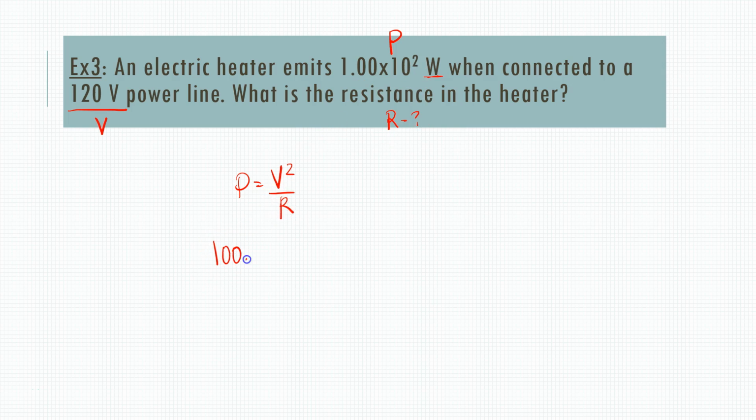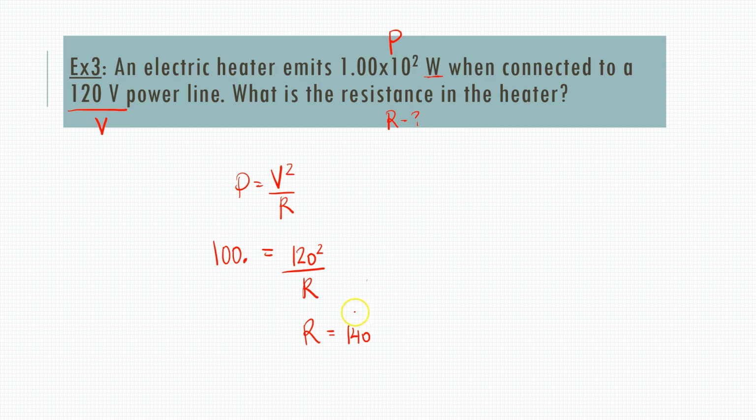This is 100. I'm just going to move my decimal to the end. That looks easier to write. 1.00 times 10 to the second is 100. It's done this way to show significance. So we have 100 is equal to 120 squared over R. Now, we're going to solve for R. And what you're going to get for R is